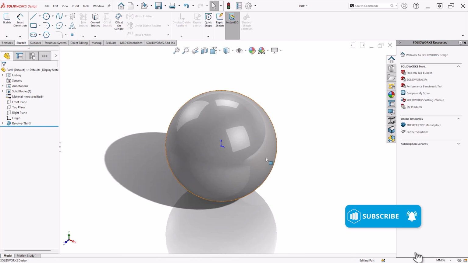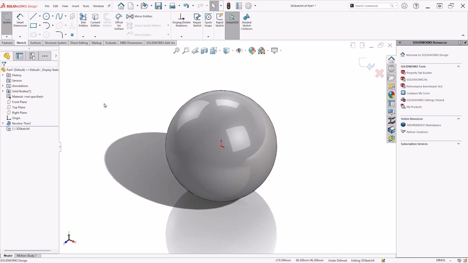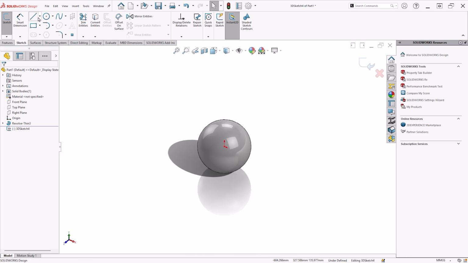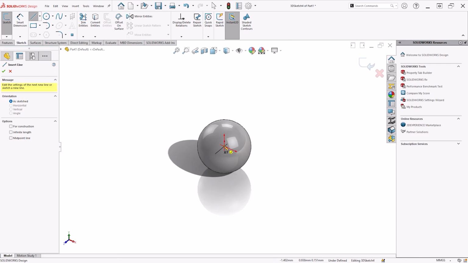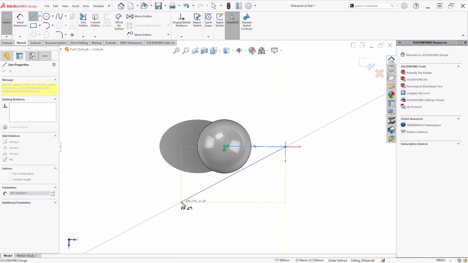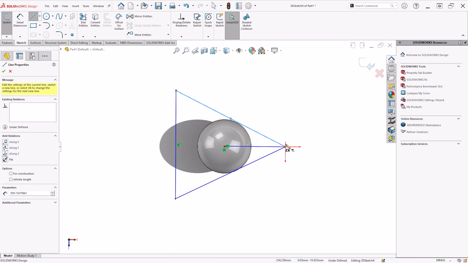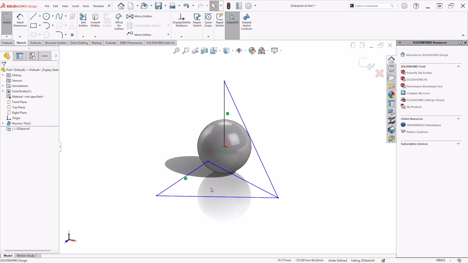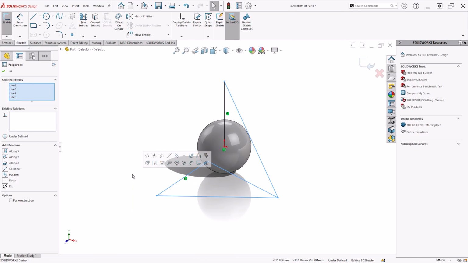Now I need to isolate out a section that's going to be the actual ball itself. It's probably going to be this nearer face, so let's see how we can go about that. The way I would do that is possibly with a 3D sketch. So I'm going to start drawing some lines. We go up, we come down, then if I look down in plan view, it helps change the sketch alignment of what I'm doing here. And you can see I have what looks to be a tetrahedron.